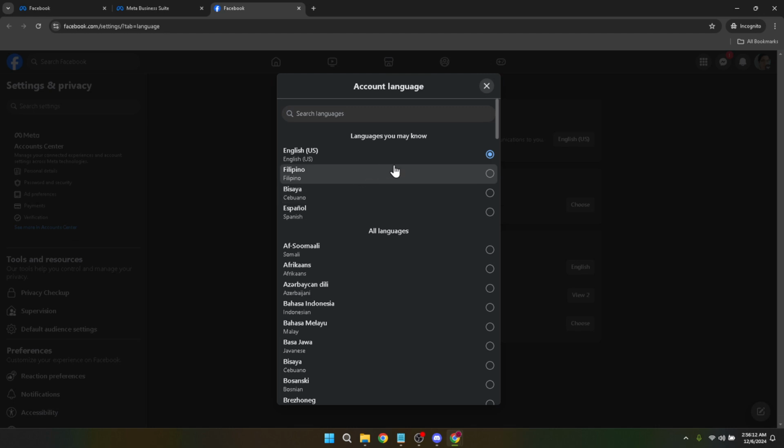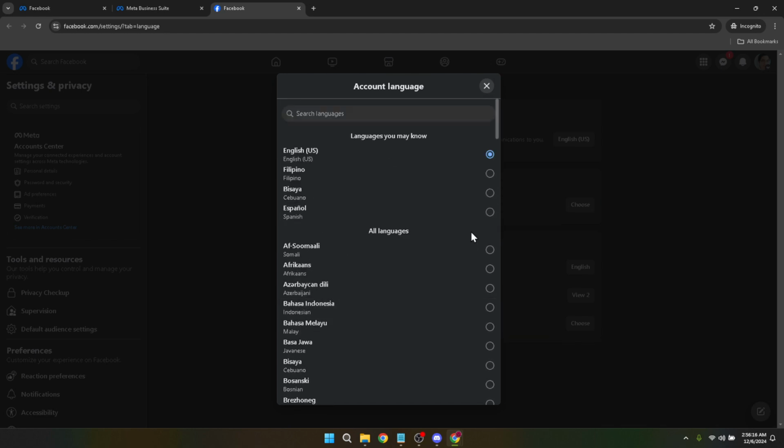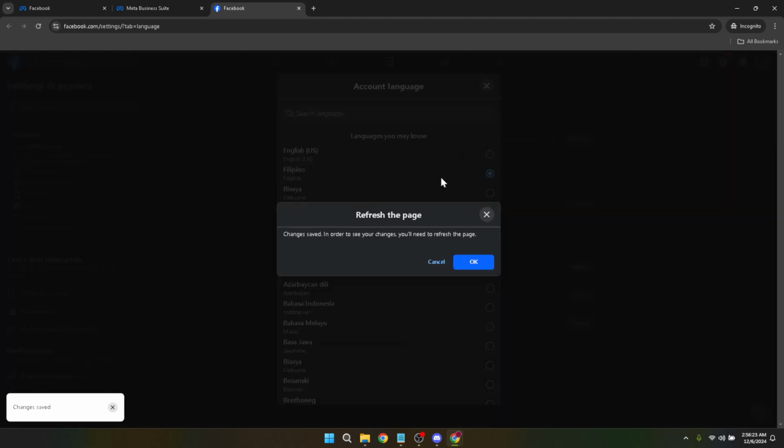Upon clicking, you'll be presented with a plethora of languages. Facebook does an excellent job of providing a wide array of languages to cater to its global audience. From widely spoken languages to those that are more region-specific, you're very likely to find your preferred language on this list. Take your time to scroll through the options and select the language that you are most comfortable with. After selecting your new language, the changes should take effect immediately, transforming the Facebook Ads Manager interface into the selected language. Voila, that's all there is to it.